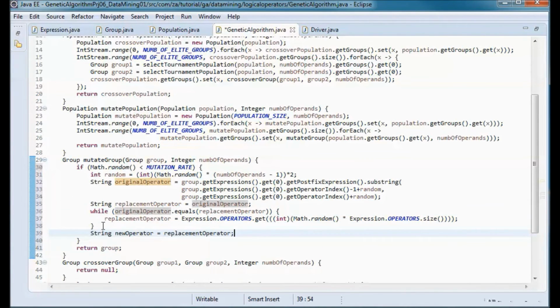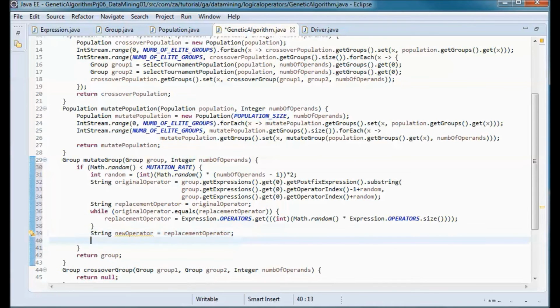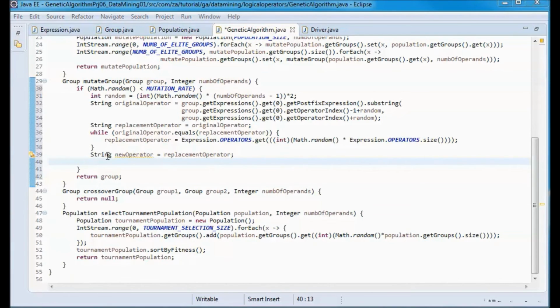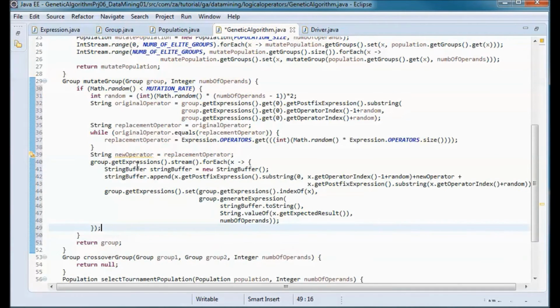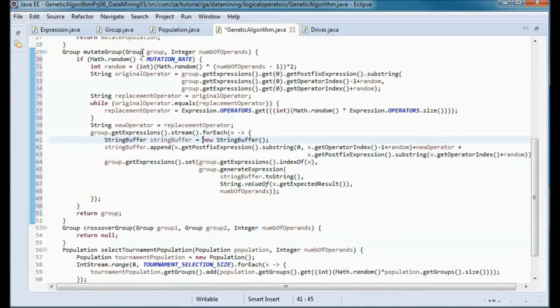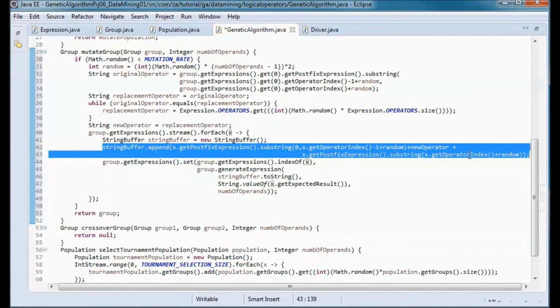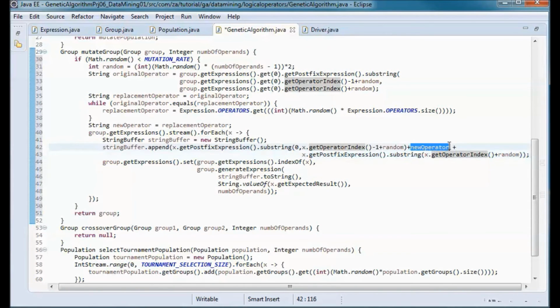So now we have a new operator that we'll use for replacement, and we will go through all expressions in this group, and we will define a string buffer and append the new operator in the postfix expression in place of the original operator.